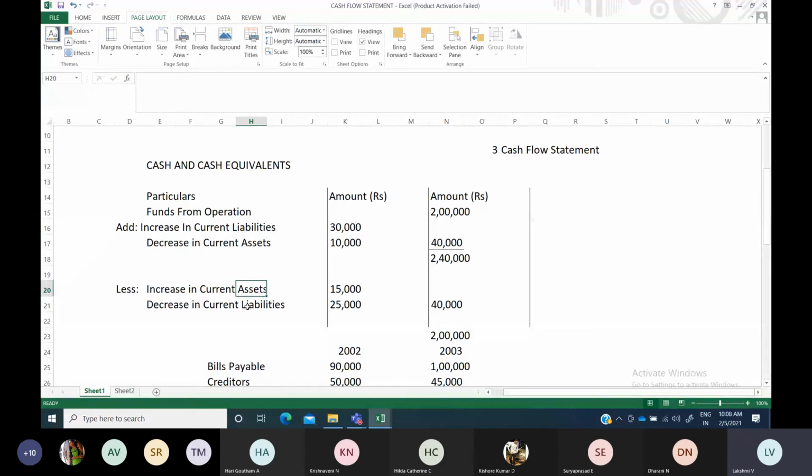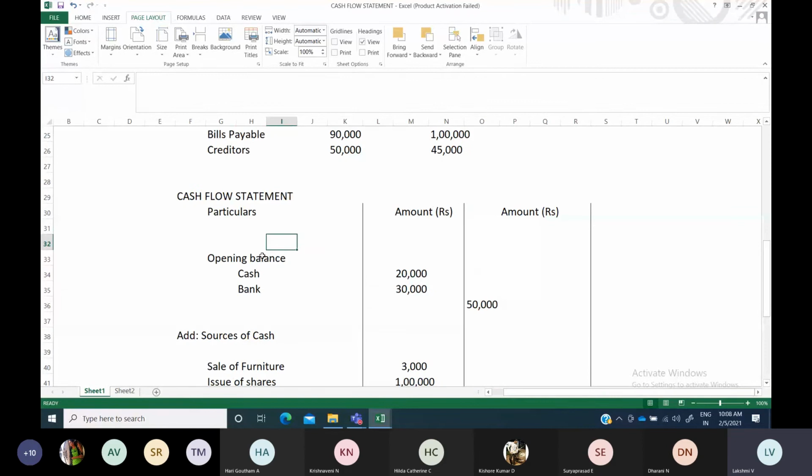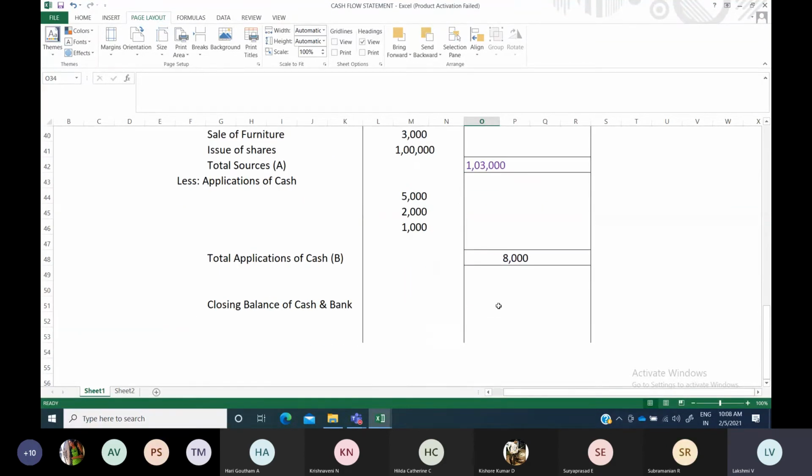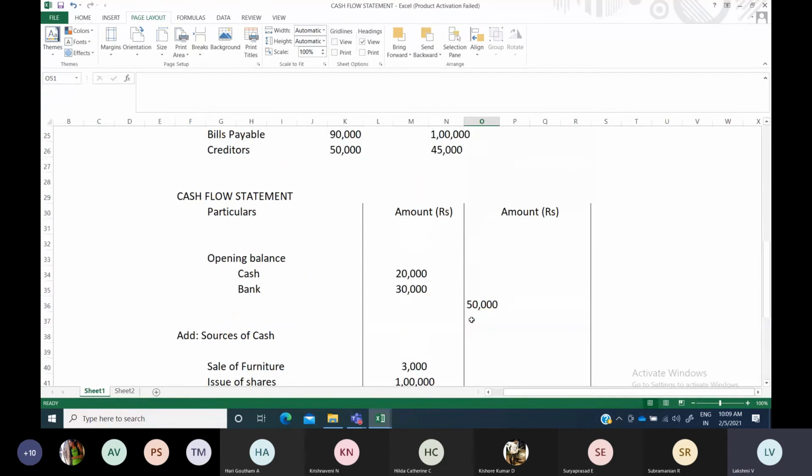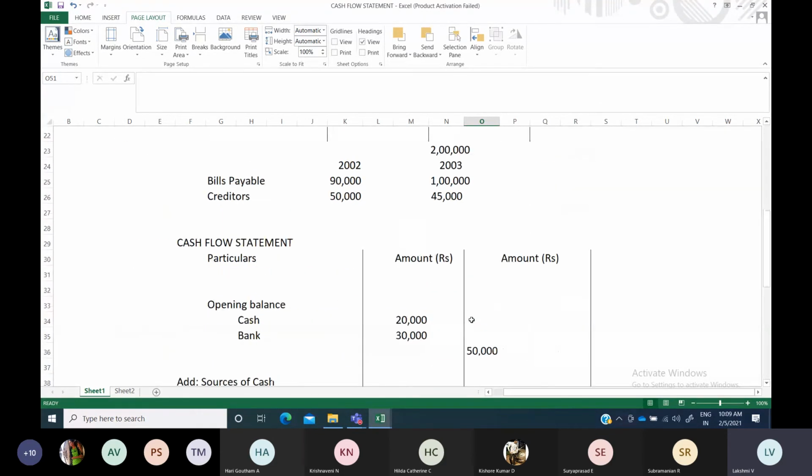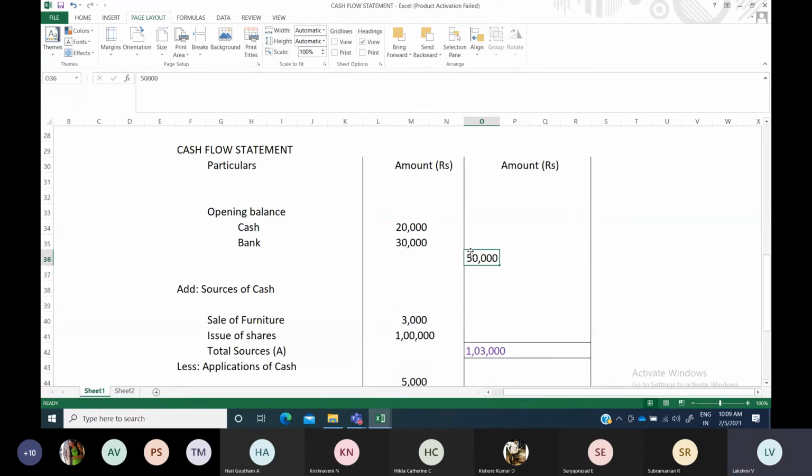Other than bank overdraft also. Bank overdraft also you will take only here. Okay, you have to show in minus, within brackets you will be showing here. In the closing balance also, if only bank overdraft is there and no cash, then within brackets we will show; negative answers like it will come then. Okay, so most probably you will not get all those tedious things, but even then you should know how to proceed. If you have wider knowledge, then whatever sum they give, you can manage and work it out. Or what are the possibilities you can get, we are discussing in the class.